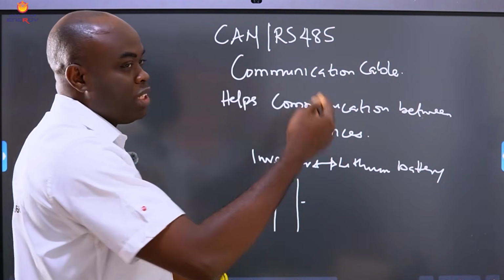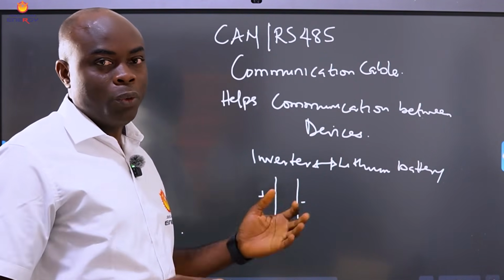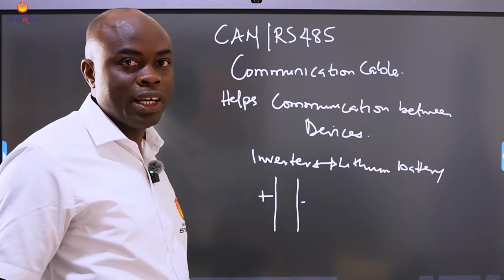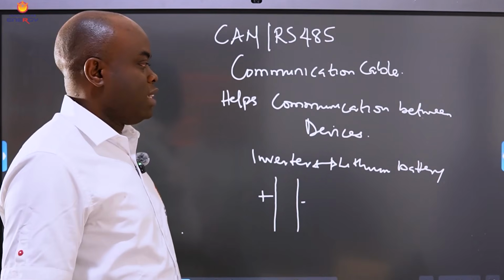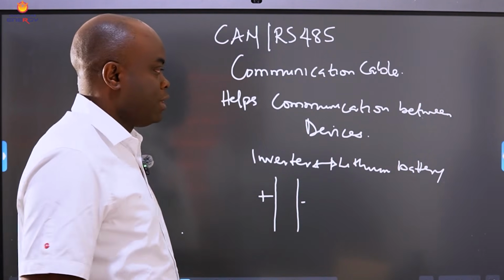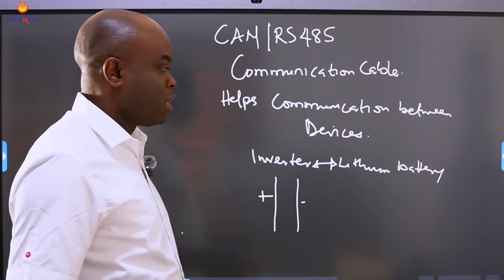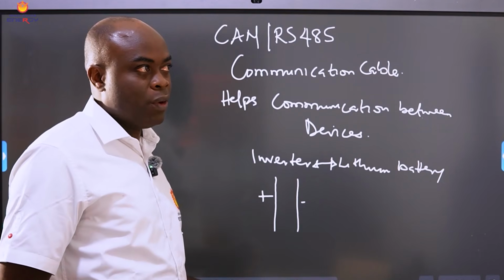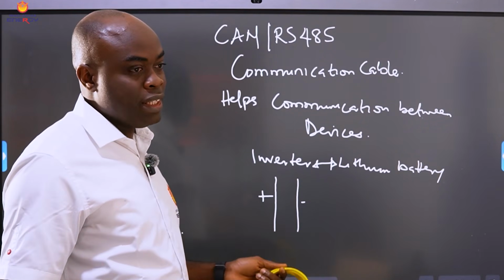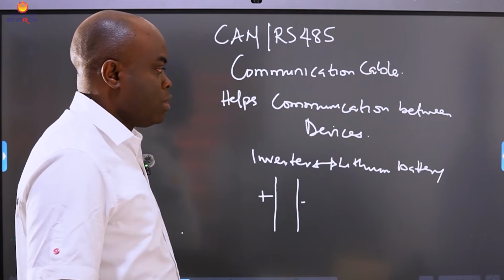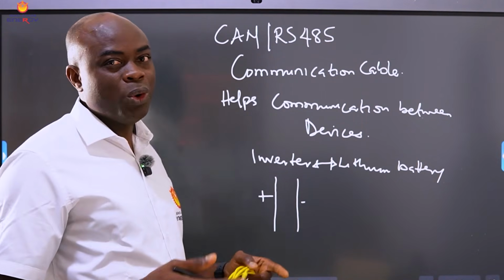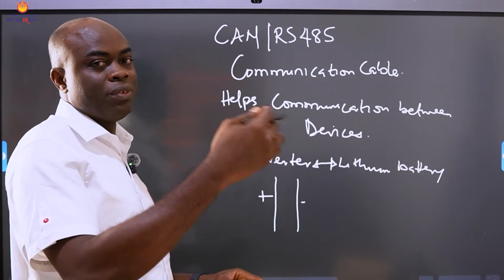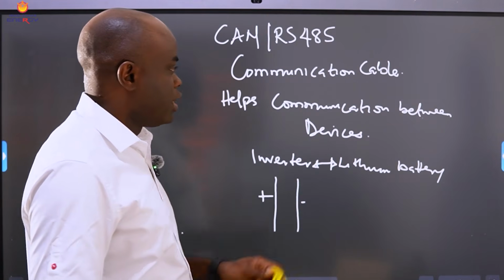But for the communication between the battery and the inverter, the inverter wants to know the battery temperature. The inverter wants to know the state of charge, the state of discharge, the capacity, the SOC. That is the state of charge, the percentage, the discharge, the energy left in the battery. So a lot of those communications can only be detected not through that positive and negative cable that you connect from your inverter to your battery, but through what? This